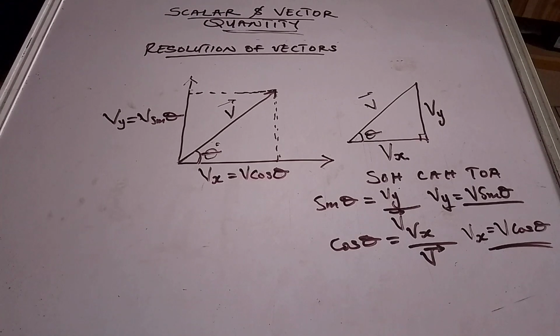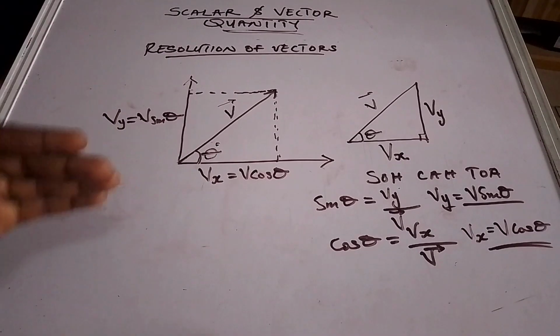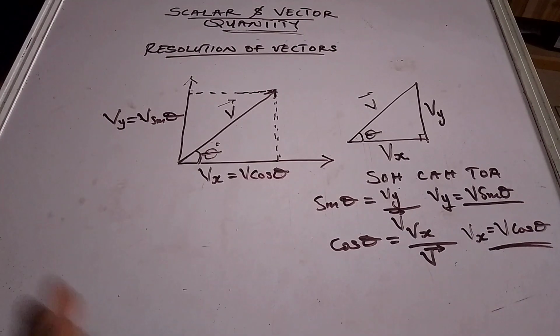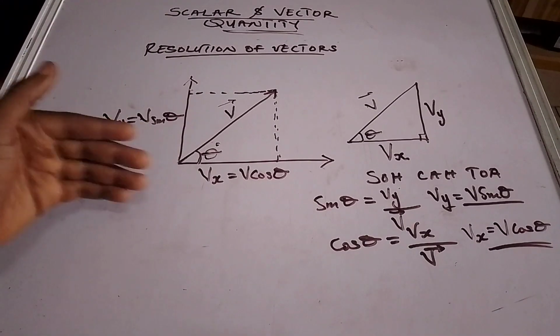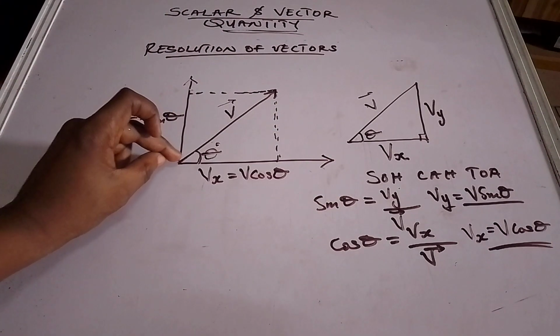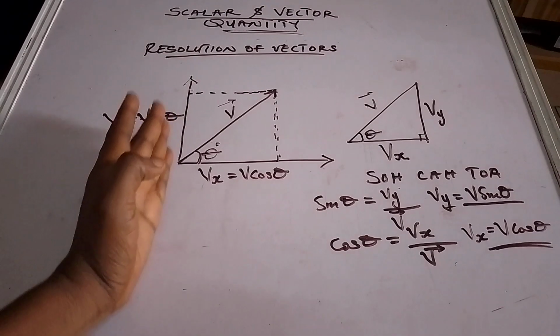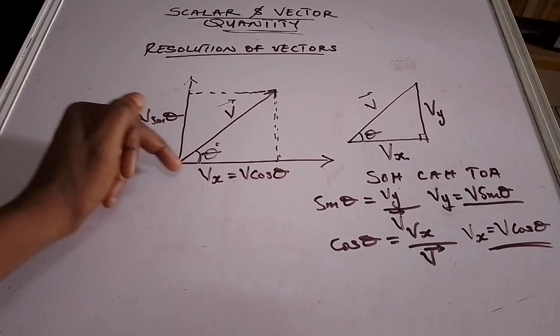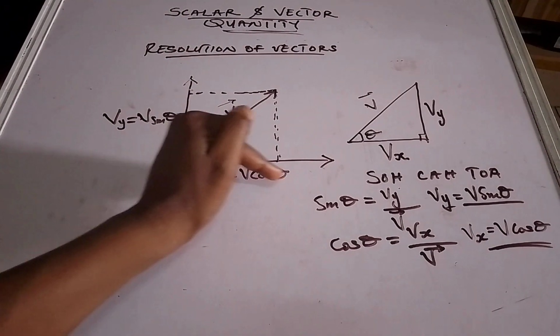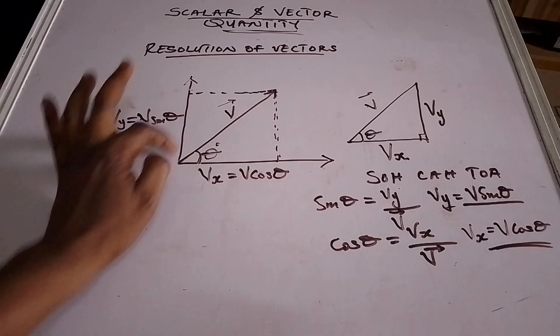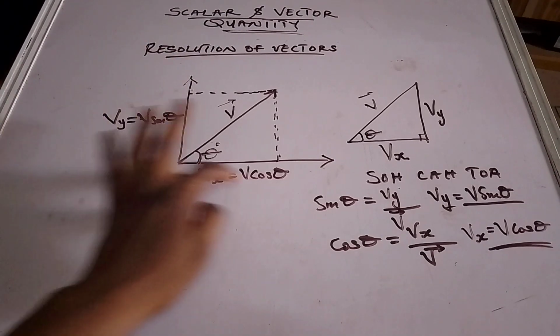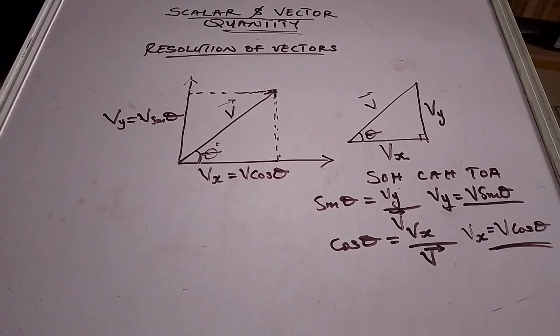So for every vector that moves in a certain direction, it can be resolved in a vertical direction or horizontal direction, because it always has those two components of force, the vertical component and the horizontal component. As this object is moving up, it's covering certain ground vertically, and it's also covering certain ground horizontally. So there is a vertical component of that force, and there is a horizontal component of that force. So in summary,